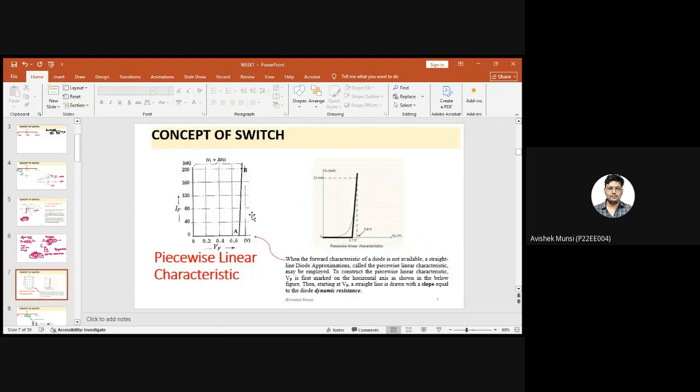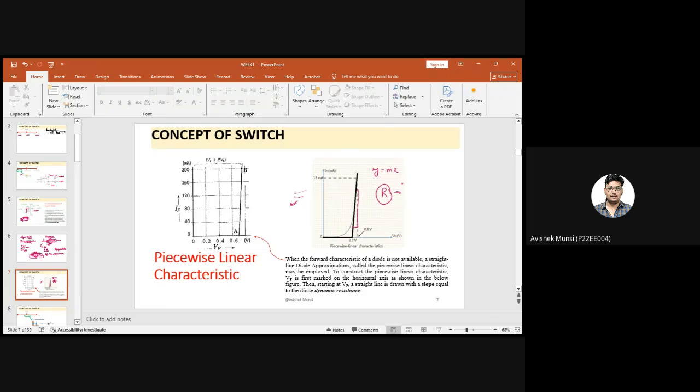And this curve, if we do a piecewise linearization of this curve, we will get it like this. So this is the forward piecewise linearization of the diode curve, where you can see that it can be linearized as a straight line. So we can write it like an equation y equal to mx, from where we can calculate this resistance. This is voltage. This is current. So you can calculate the resistance from it, and that is called the dynamic resistance of a diode. Okay,